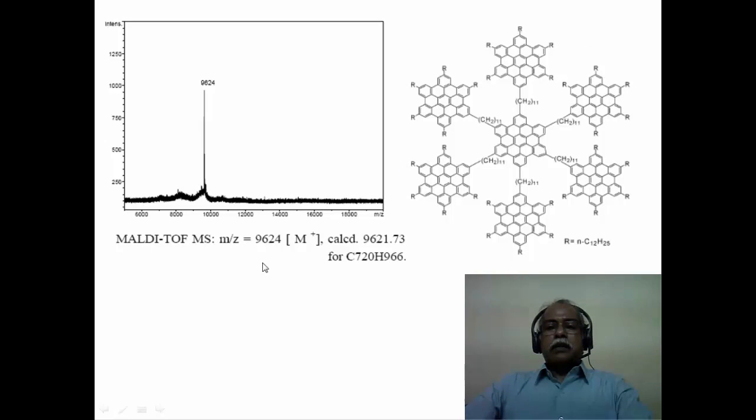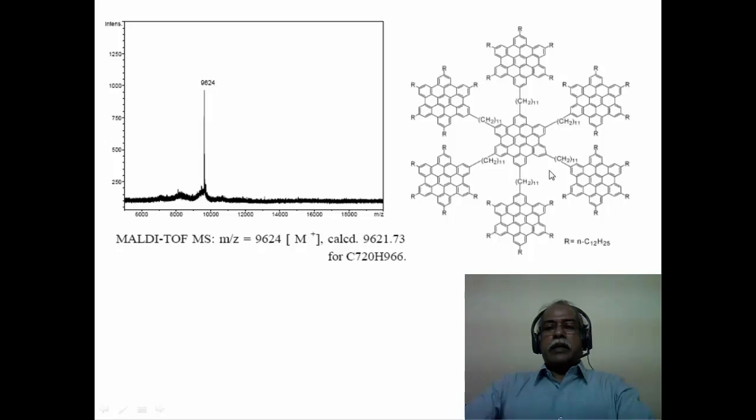This is a fairly large molecule. The molecular weight is fairly high, 9624 in this particular case. The molecular formula is C720H966. It's basically a hydrocarbon molecule containing only carbon and hydrogen, with a molecular weight of 9624. MALDI spectrometry clearly shows a peak around